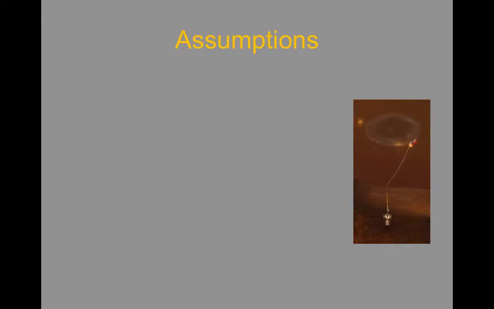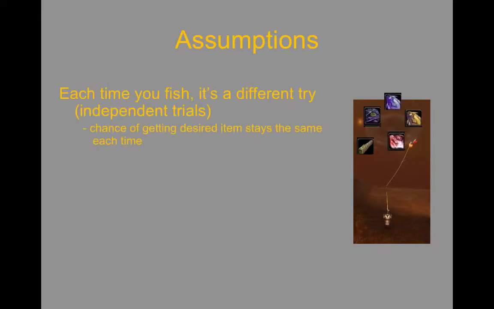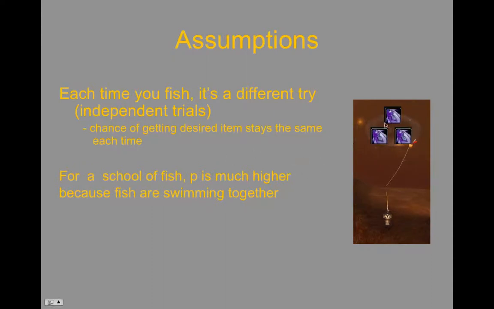These are assumptions that I'm making. I'm making the assumption that Blizzard isn't keeping track of how long you're fishing and deciding it's too long, so now we're just going to give the fish. In fact, every time you fish, it's an independent trial, so the chance of getting the desired item stays the same each time. The probability of getting a certain fish stays the same. The second thing is that if you have a school of fish, if you are a fisher, you know when you have the sparkling water, your P is much higher because the fish are swimming together, and this is when you want a really